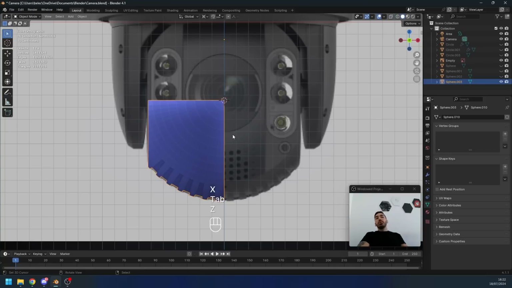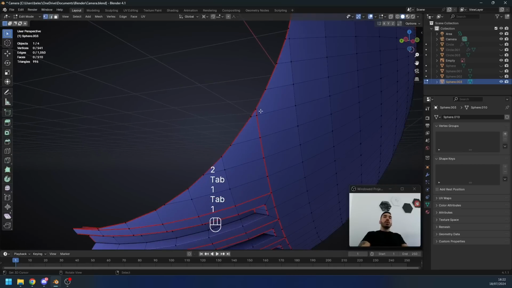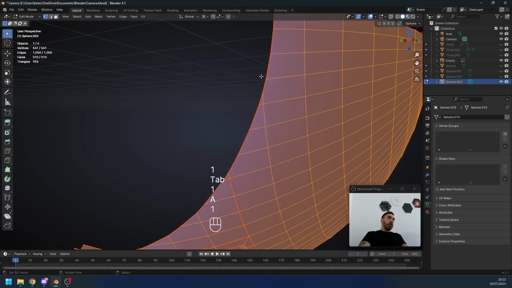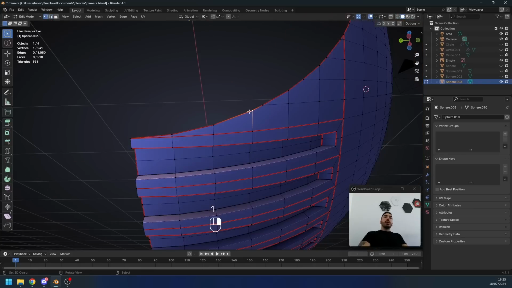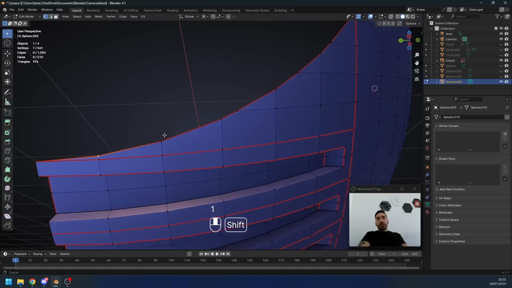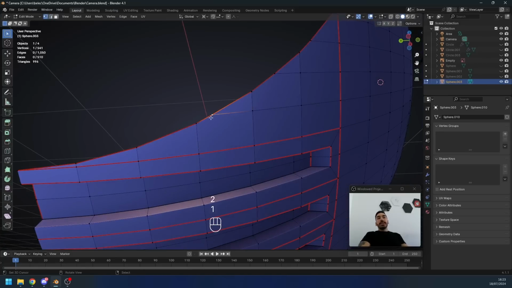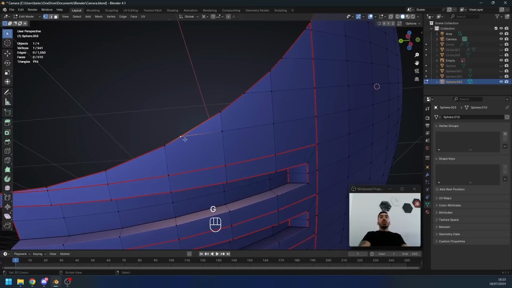Now if you want to, you can use a mirror modifier, but I'm going to clean this up first. We have some vertices here which are very close to each other, which we have to get rid of. And here's how you can get rid of spare vertices. There are some vertices which make up the curve, such as these two right here. There is an angle difference between the edges on the two sides of this vertex. But over here we have a vertex which is not sitting at an angle. So these two edges here are more or less completely parallel,